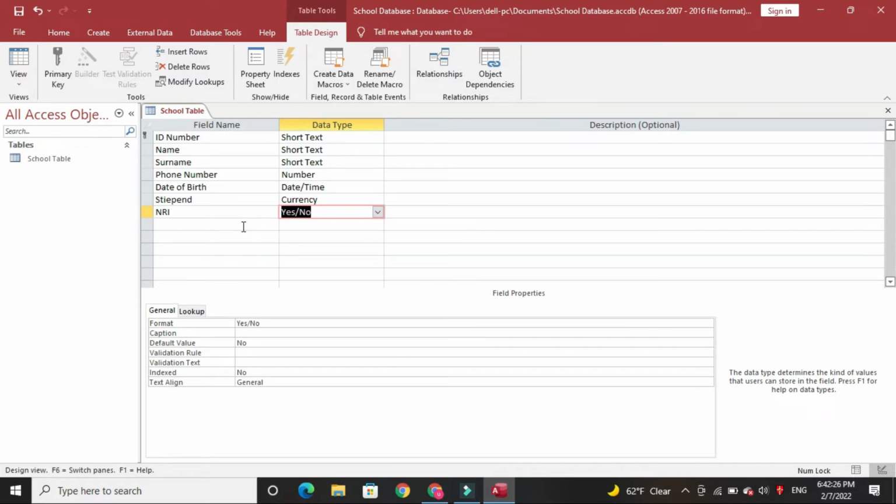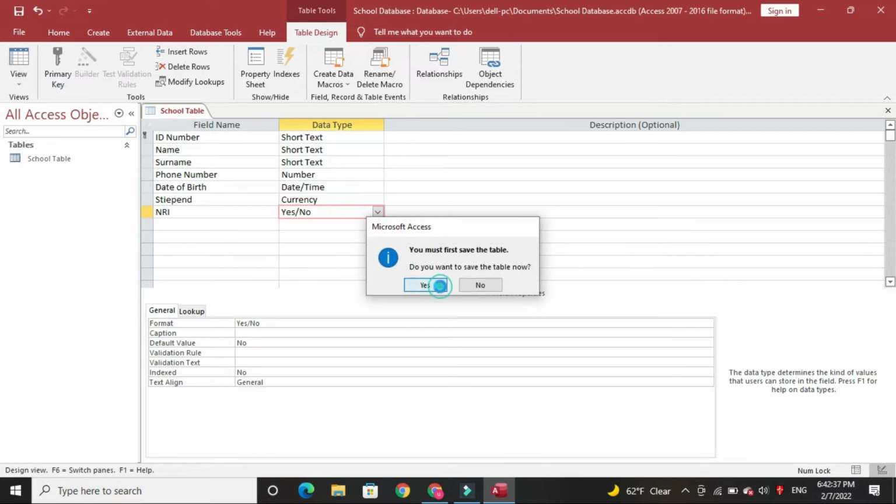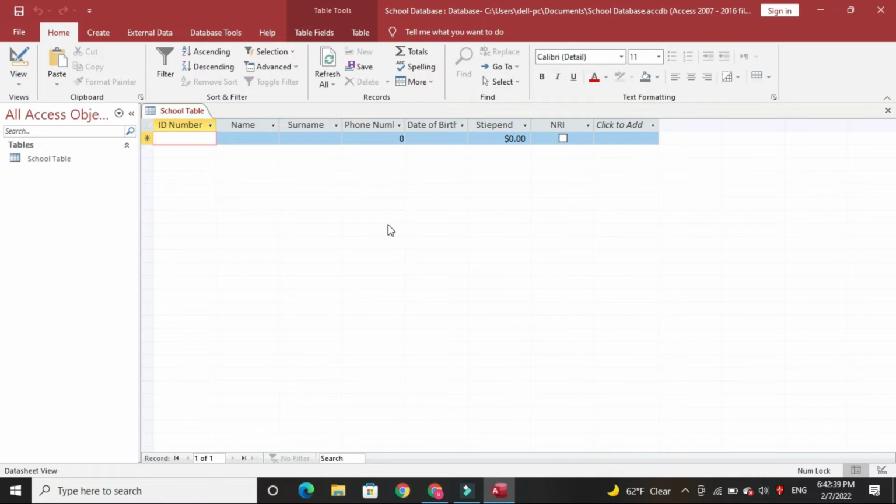After that, go back to the datasheet view for the table because we need to create a database. And after that, you need to create 5 details or 15 details, as the examiner says in your class or at exam time. So first I need to write here 1 because I chose text,